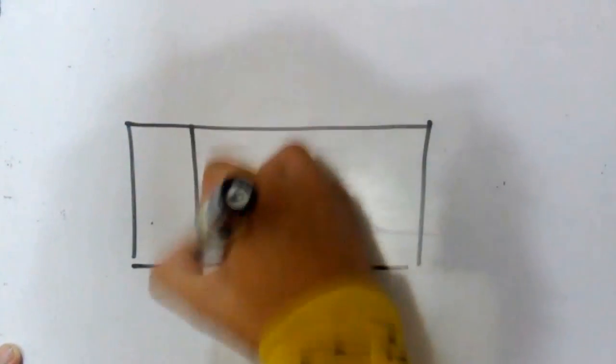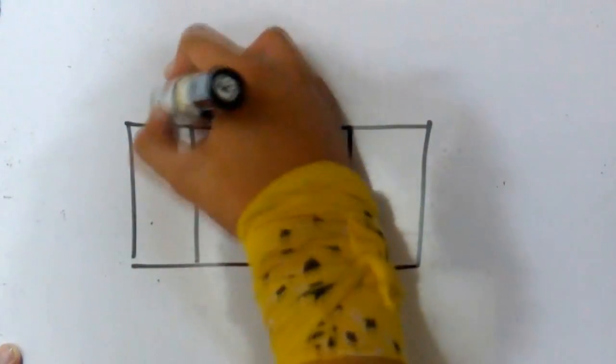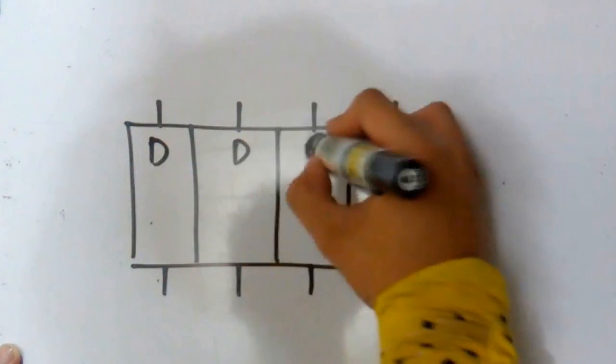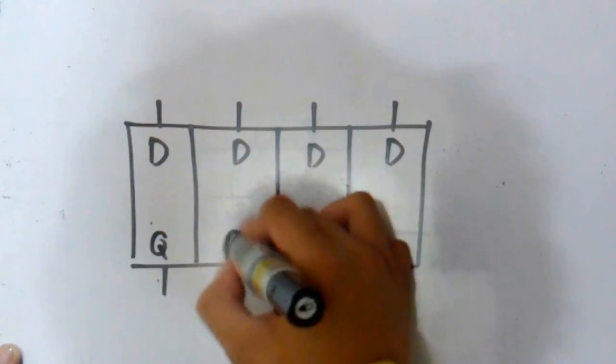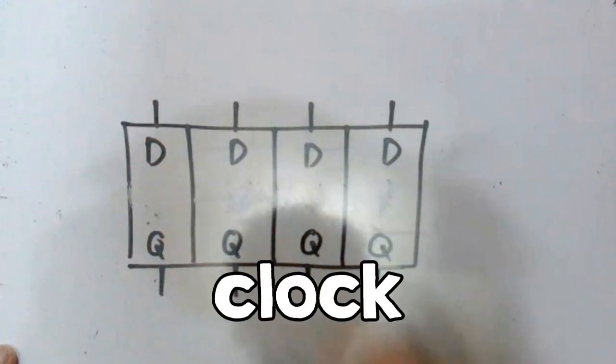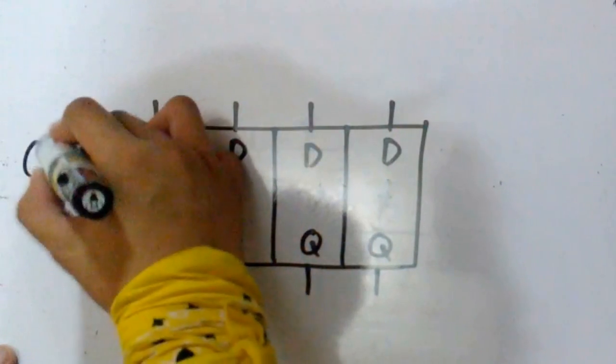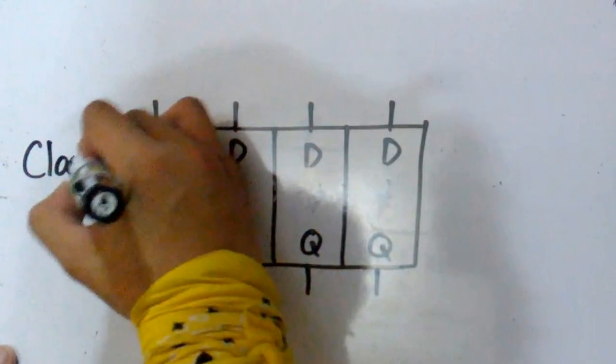Let us look at a 4-bit register. The 4-bit register is made up of 4 flip-flops because we know that D flip-flops can store data. In here, D is the data input and Q is the data output. A clock is then connected to each flip-flop of the register, in which the register is bound to follow the clock frequency. In one clock pulse, data is stored in the register, then in another clock pulse, data is reset